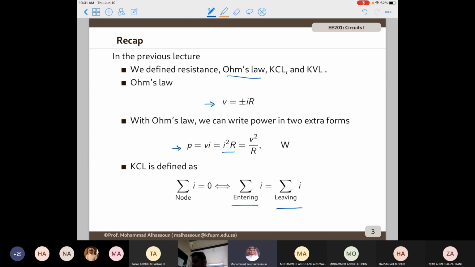To apply this equation, we need to assign polarity for the current entering and for the current leaving. We are free to choose which polarity to assign. Normally we prefer to set a positive current for current leaving the node